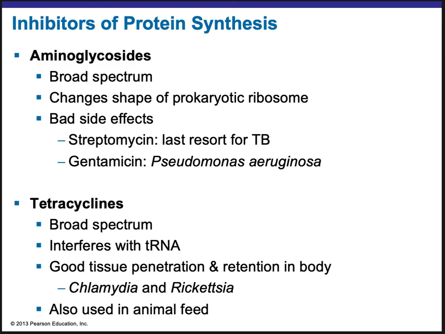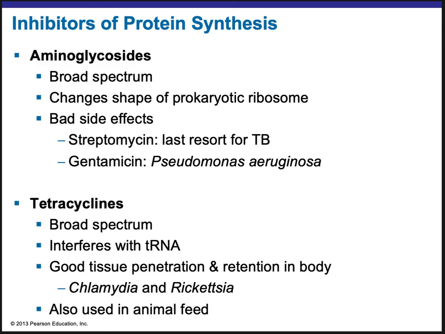Okay, so a little bit more about tetracycline. It has a very high affinity for bacterial ribosomes, which is how it blocks protein synthesis. It's also really good at tissue penetration, so it makes it a very good drug for difficult infections like UTIs and respiratory infections. It's also good for treating intracellular infections such as chlamydia and the rickettsia bacteria. So this drug will interfere with the tRNA being able to bring in amino acids to the ribosome. So it's blocking protein synthesis.